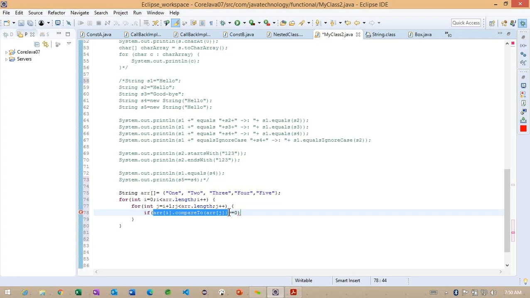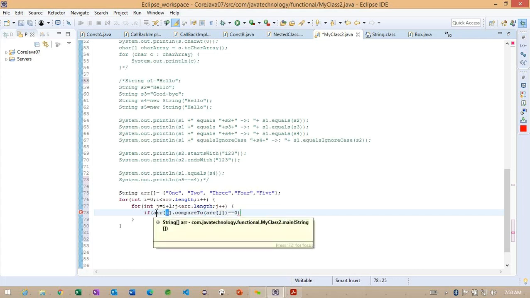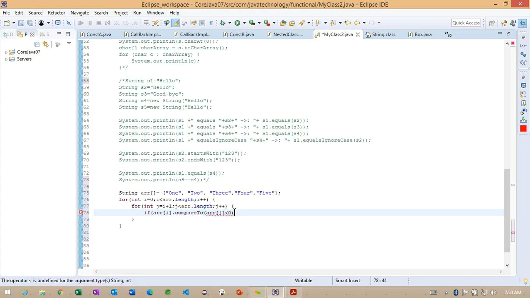And whenever we are getting greater than 0, this object compared to that object is greater than that particular object here. Getting the point? So this is the way we are going to compare the two objects here. And let me check for less than 0. And after this, what I am going to do,